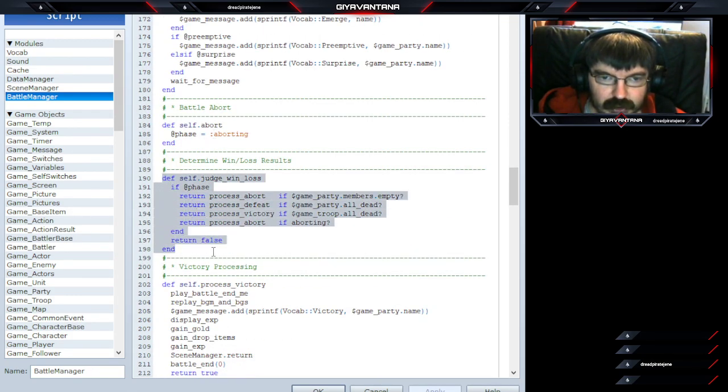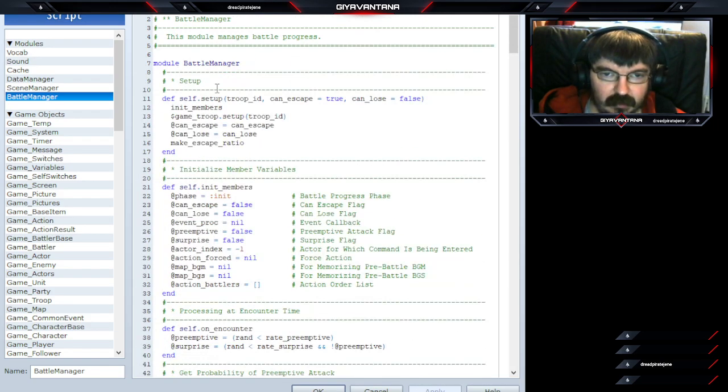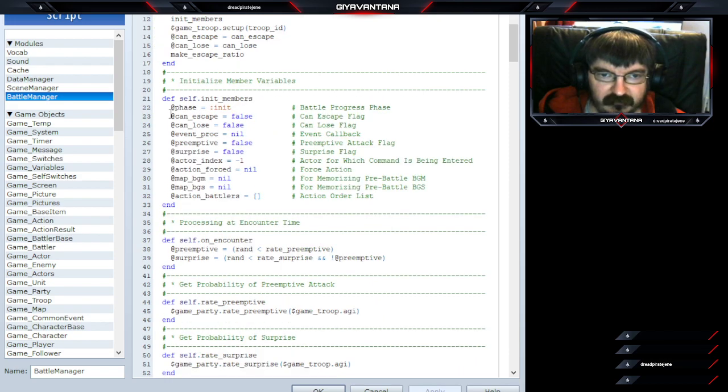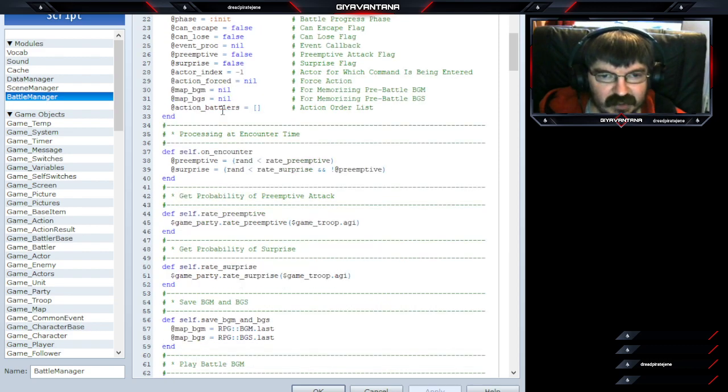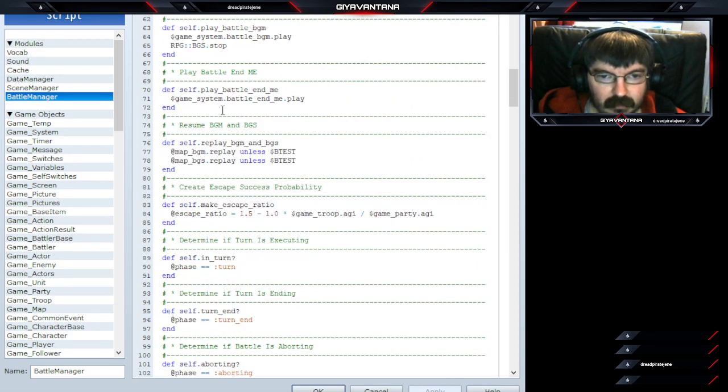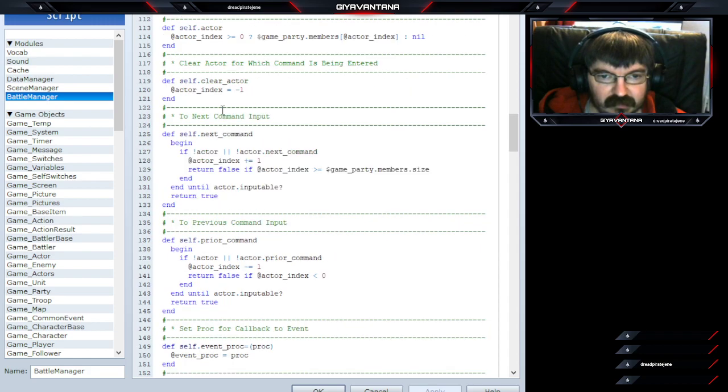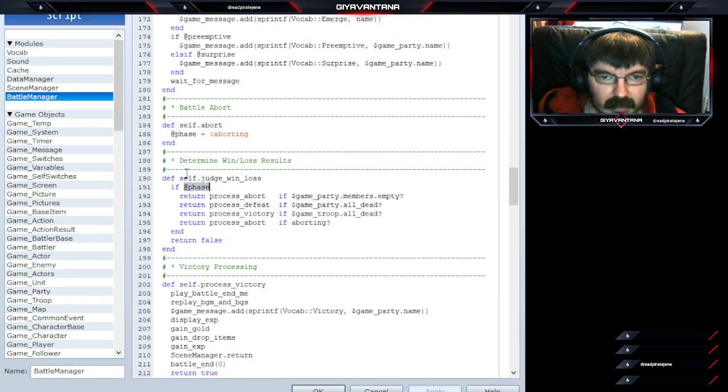We have a judge win-loss method, which determines whether the party won or lost the battle. So if phase is not nil, we'll go back here. Remember, phase started off as init. I don't know that it ever does actually become nil. Maybe it does. But yeah. So if phase, we return the result of process_abort if